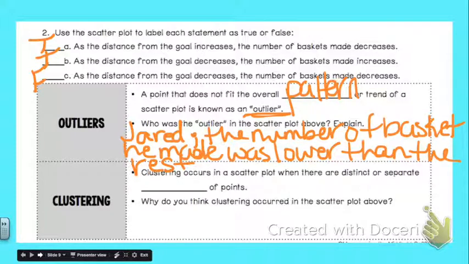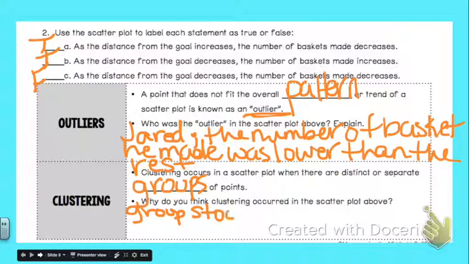Another thing is clustering. Clustering occurs in a scatter plot when there are distinct or separate groups of points. So why do you think clustering occurred in the scatter plot above? Well, it seems that a group of players stood closer to the goal, and a group of players stood further away from the goal. So you had a group of players who stood further away from the goal. They scored fewer baskets, and there was a group of students who stood closer to the goal and scored more baskets. So what you would want to write down is group